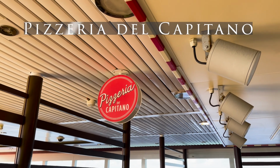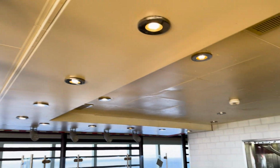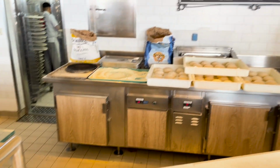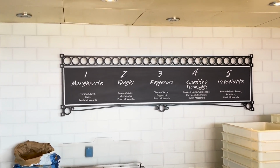Next we come to Pizzeria del Capitano, the place to go if you want pizza or if everything else is closed. It is open from 9 a.m. to 4 a.m. I didn't misspeak, that's 19 hours per day where you can get a pizza. It's located at the back of the ship on the port side, and they have 5 types of pizza they